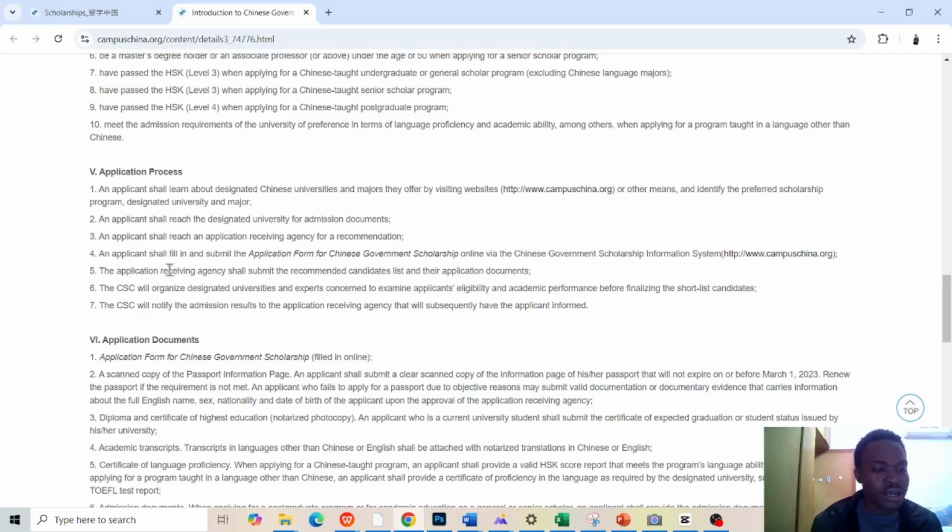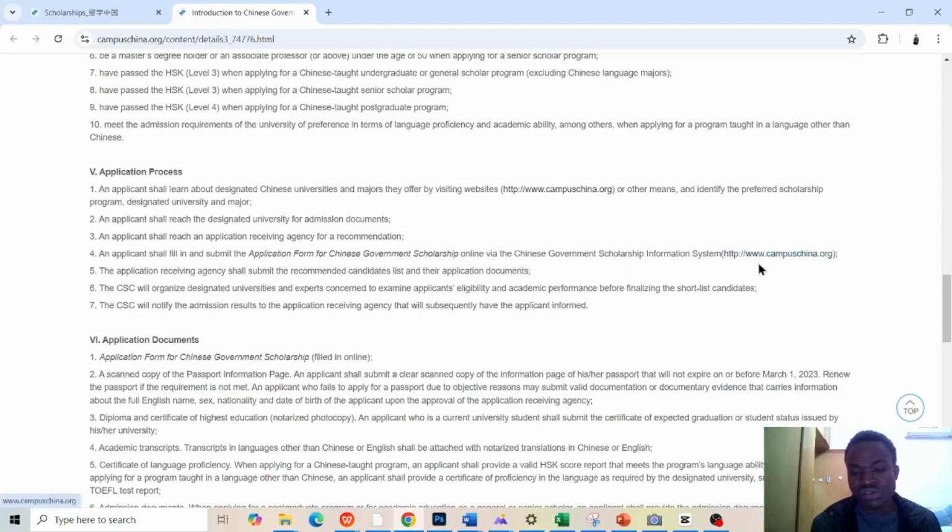You see here, an applicant shall reach the designated university for admission documents. You go to the university website also to check, because each university have their own requirements of documents, what they need from you. So you should check on the university. An applicant shall fill in and submit an application form for Chinese government scholarship online via the Chinese government scholarship information system.